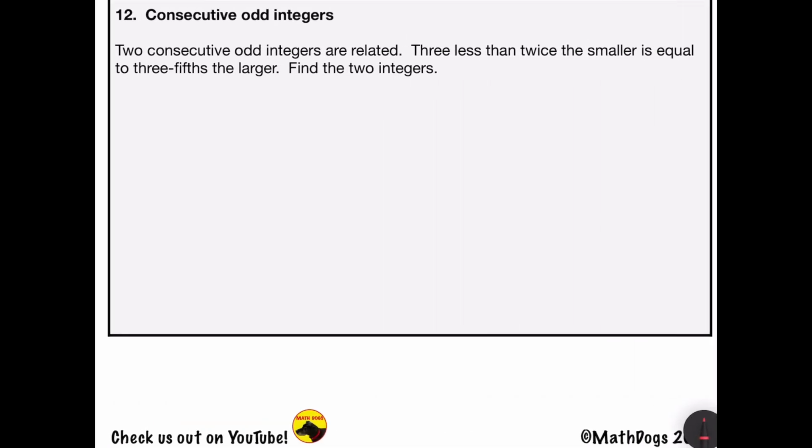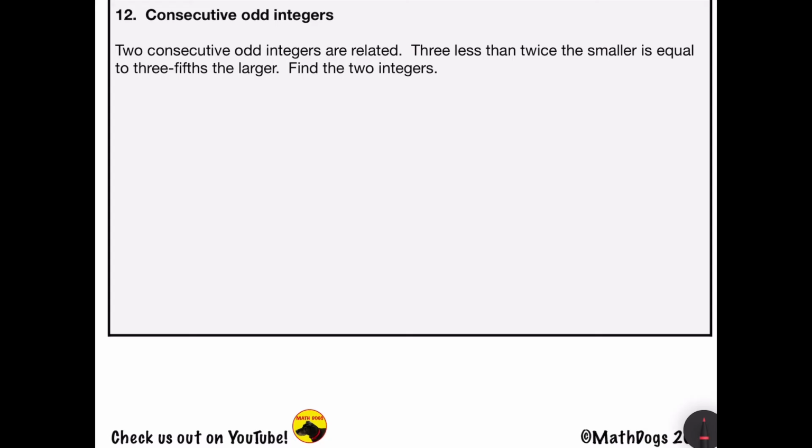Problem number 12 is consecutive odd integers. It says two consecutive odd integers are related. 3 less than twice the smaller is equal to 3/5 the larger. Find the two integers. So just like consecutive even integers, consecutive odd integers are also 2 spaces apart on the